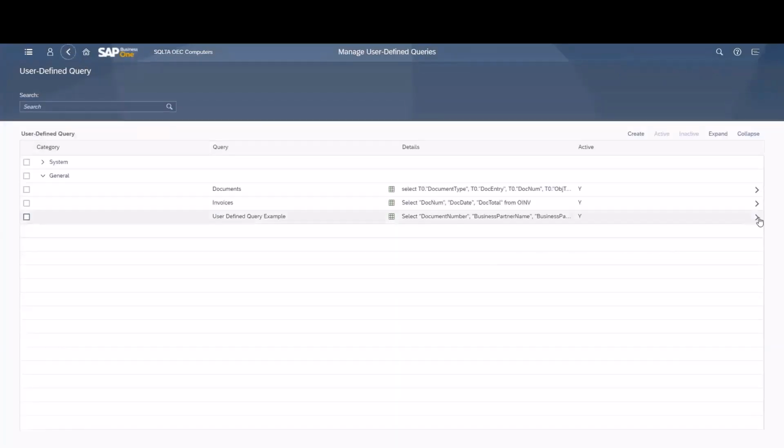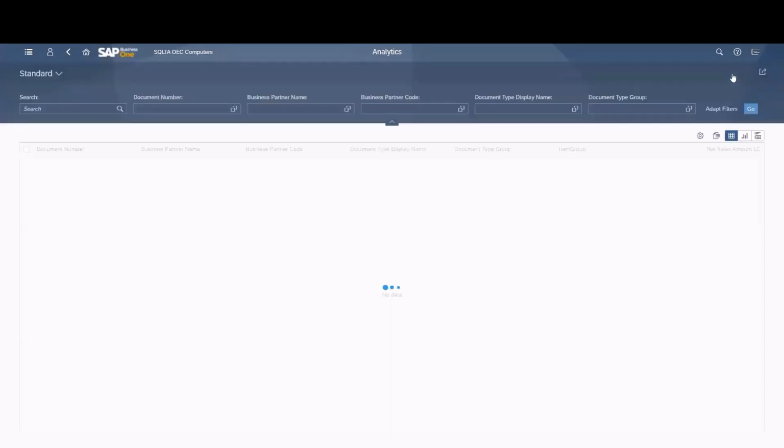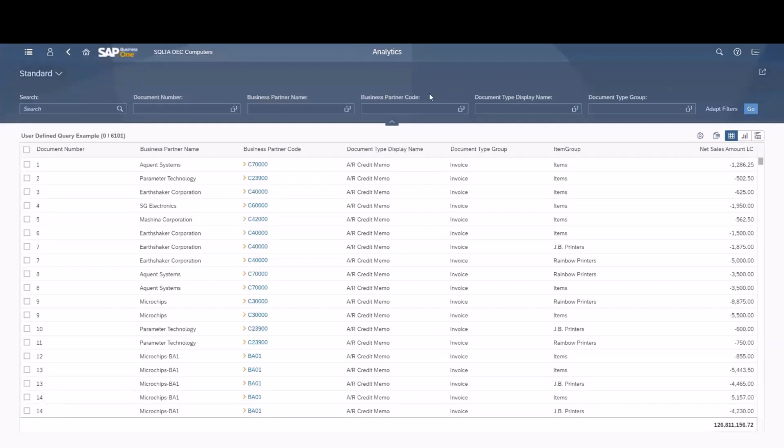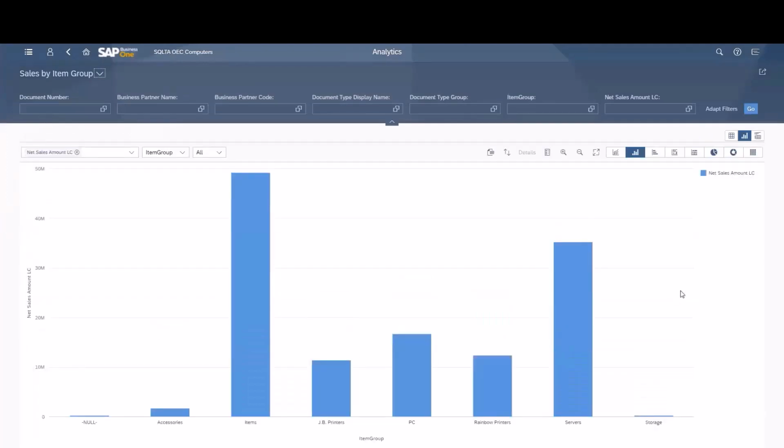Right, so now I want to show you an example. Here's a user-defined query example. Let's open this up. Something that I've created earlier. It happens to be based on a HANA calculation view, and we can open this up in our list view format, and I'm going to open up a previously saved view of this user-defined query, and here we see a chart view that was previously saved, and of course we have all the regular list view functionality. We've got the table view, the chart view, the card view,